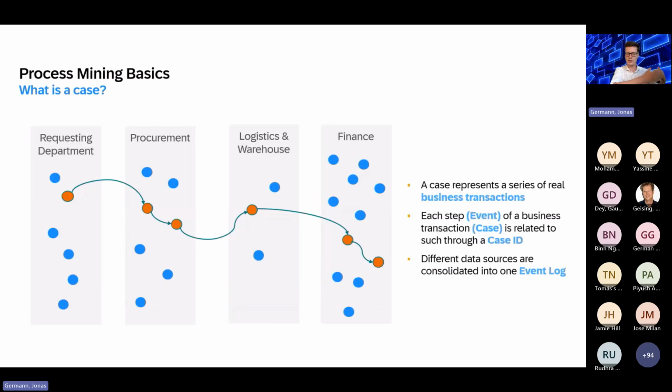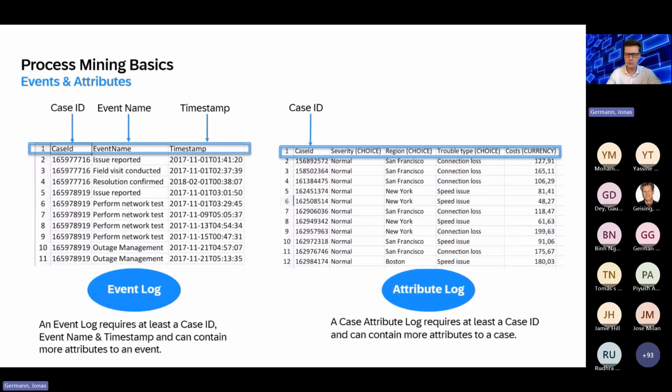It starts somewhere in procurement where you buy stuff for your company, can be material you want to use to manufacture something, can be a new headphone so that Jonas can work in the office or from home. So there the invoice starts and goes through finance, and at one point you give your supplier money. So for example, this is a whole process. To analyze this, you need data. The minimum set of data you need for process mining is event name, case ID, and timestamp.